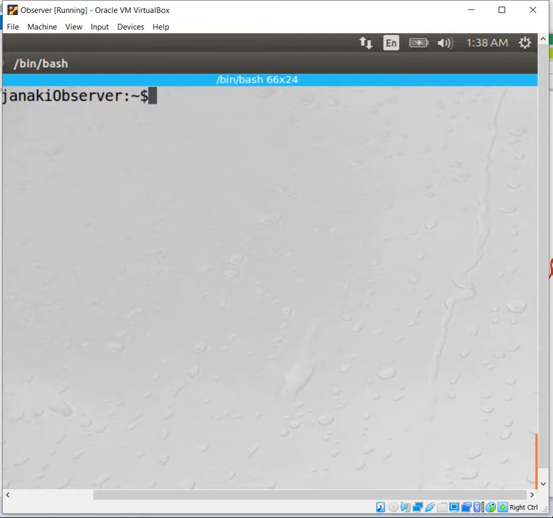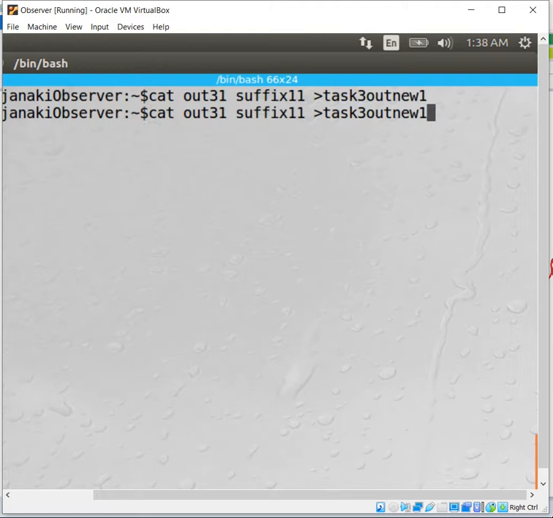So now I have two files. What I have to do: cat out31, then suffix11, and I will save it in task3_out_new1. Right, I have added a file. The same thing I am going to replace with out32.